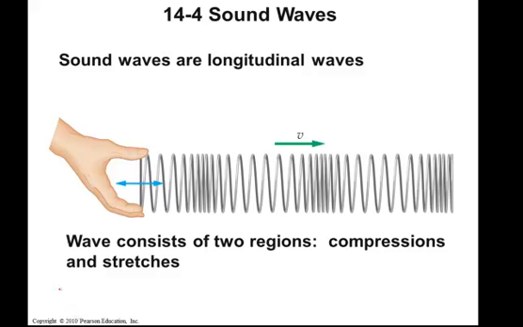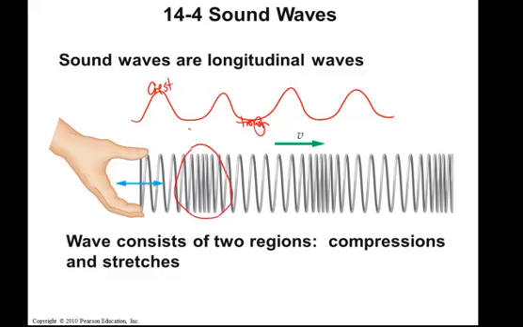All right, we said earlier in the first slide that sound waves are longitudinal, and there's two different regions. In a transverse wave, we talked about crests and troughs. So in a transverse wave, here we had our crests, and down here this is a trough. In a longitudinal wave, we have regions called compressions. So this would be an area of compression where it's compressed together. And then we have areas where they're spread apart, and that is like right here, and that is a rarefaction. So this is a compression,